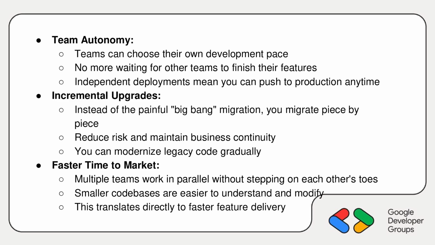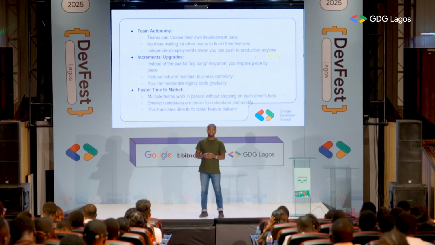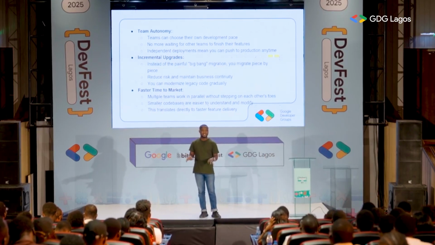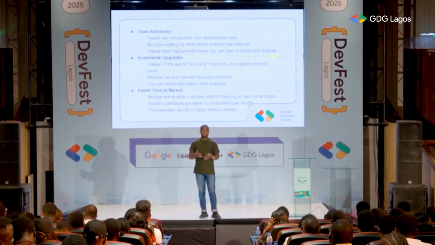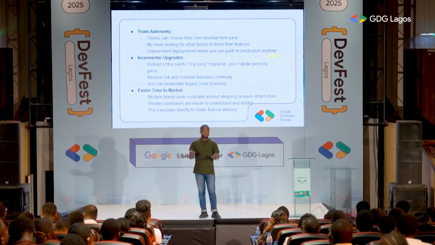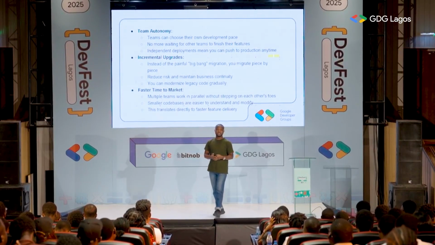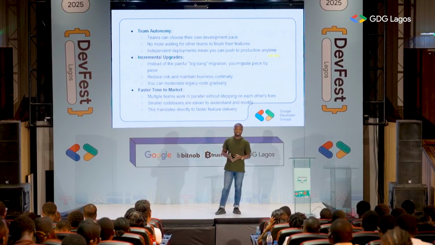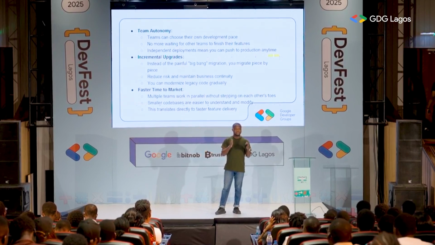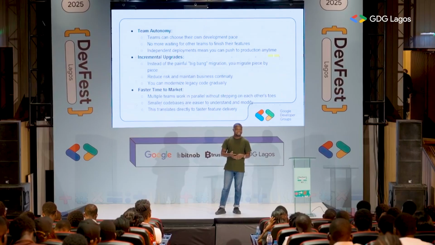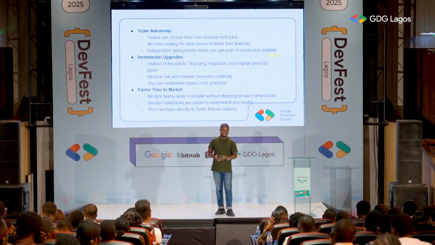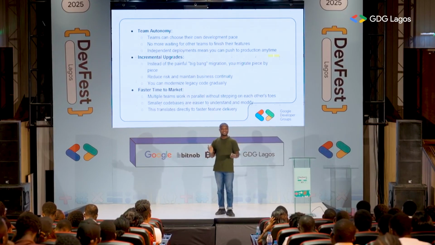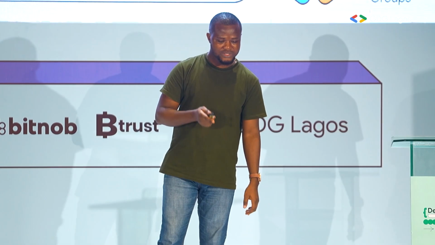Team autonomy. I believe this is a feature that within the Nigerian ecosystem, we might not be exposed to for now. But we are engineers and we are thinking global. When you join a global team and work within a distributed team, you are meant to focus on only a particular feature. As a Nigerian, they give you one task, and within one day you finish it, a task that is meant to take maybe two weeks. Everybody will be surprised, but we are used to that system. You finish fast. So we talk about team autonomy.